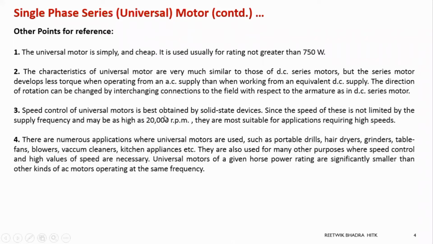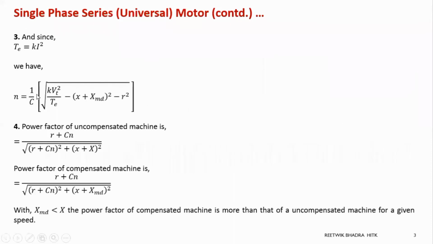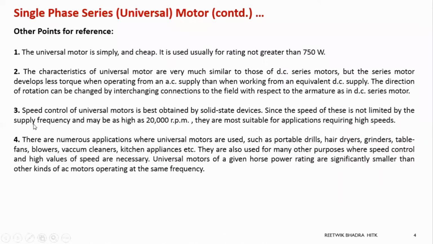And how is this speed controlled? Speed is generally controlled by solid state devices, that is, using power electronics. We had talked about power electronics, how the output of power electronic converters can be converted from AC to DC, DC to AC, and that output could be used to control the voltage of these motors. And if you control the voltage, your speed can be controlled. You see how N and voltage are related, right? If you control this VT using your power electronics converter, your speed will obviously change. So that's why we can bring better control of the speed when we are using solid state devices to give the input supply voltage.